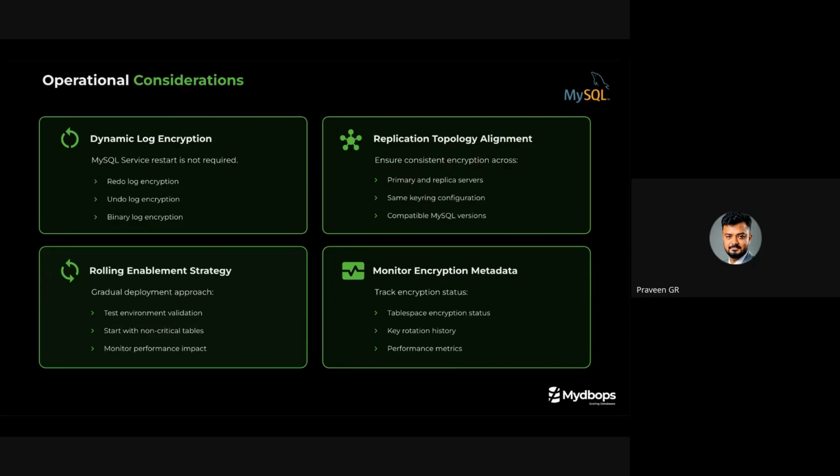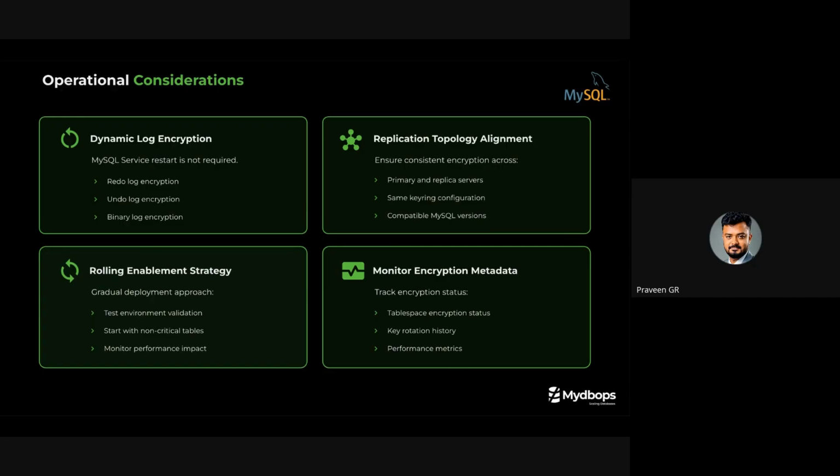And if we already have any existing HA setup, like a reader or replica, when we are adding one more reader or replica, we need to ensure that the new instance is also using the same encryption file as the source one. And when we are implementing this strategy, we need to first test it properly in the test environment,